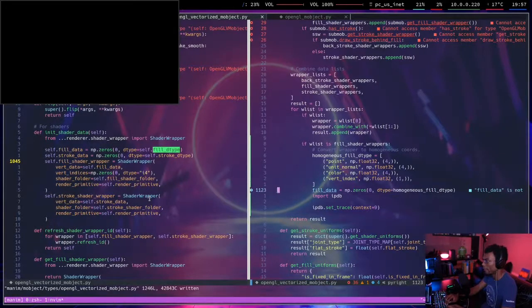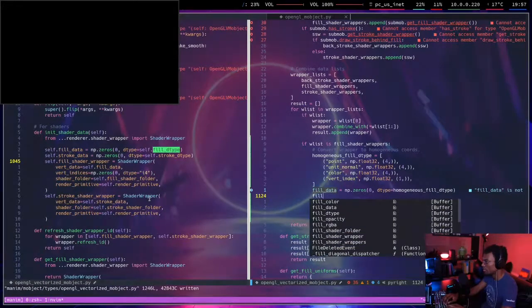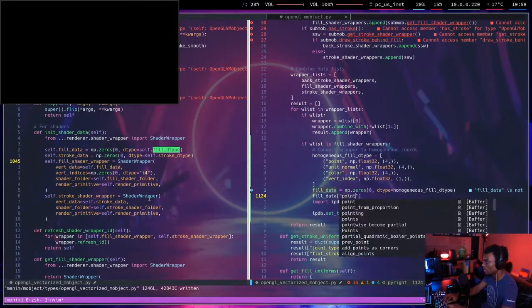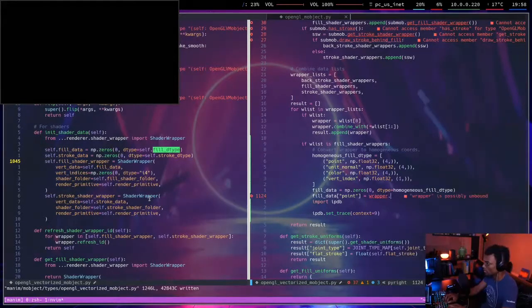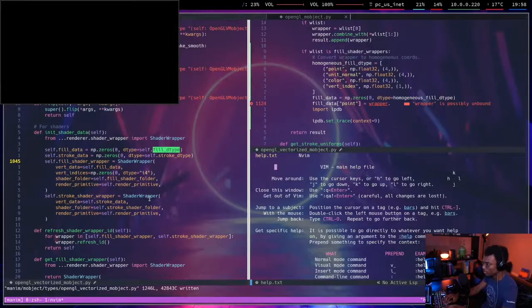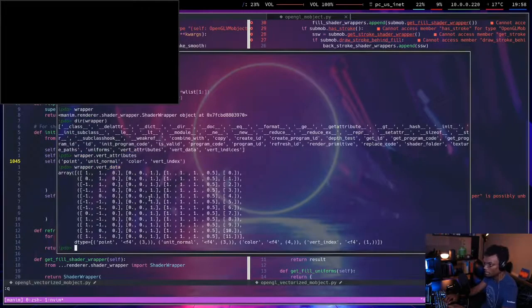So this is what I have to do. Build data, index that point equals what? Well, it equals wrapper dot vertex data or whatever. Whoops. Dot vert data. Index that point. And this, I'm gonna have to do, okay, if I look at wrapper.vert data, index that point,